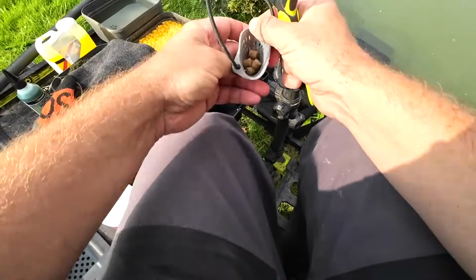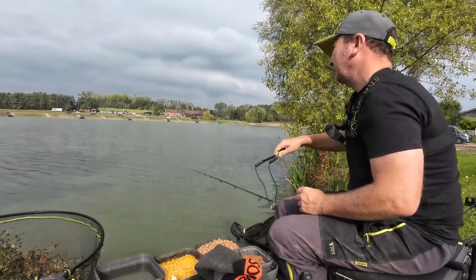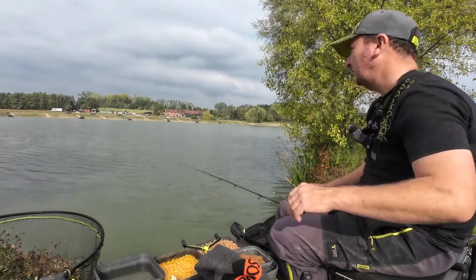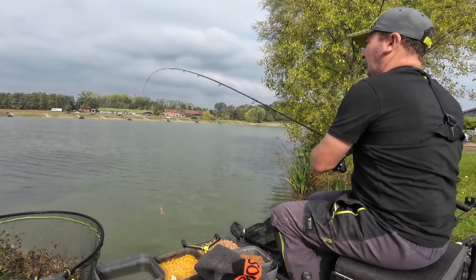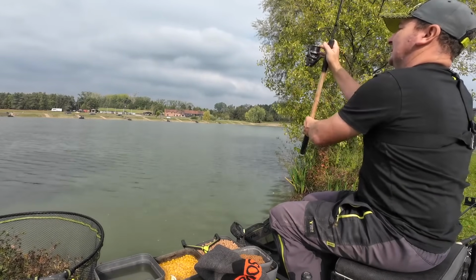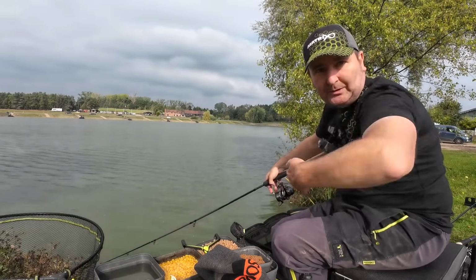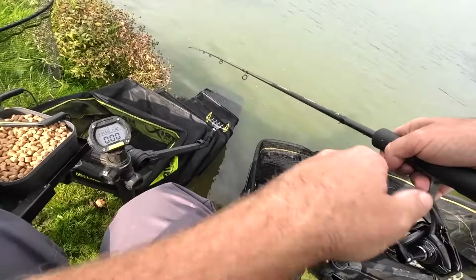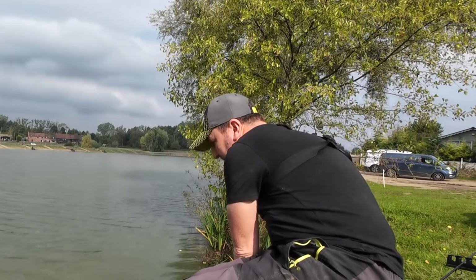The funny thing is, I hadn't seen any. Well, I'd seen probably two fish show while I was setting up. But in those last 5 minutes, just while I was waiting for the off, I saw 3 more down to my left. Just kind of roll. So there are some fish shallow, as you'd expect. But I'm just going to start on this to start with. I don't want to go out into that open water straight away. I'd rather